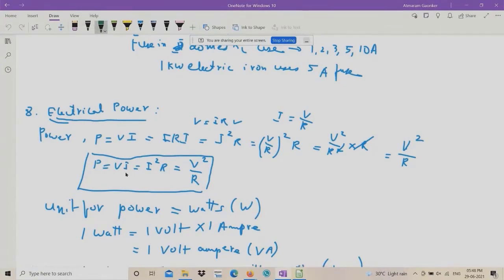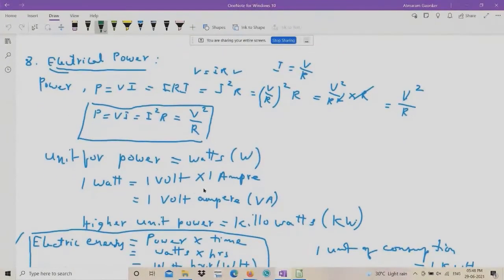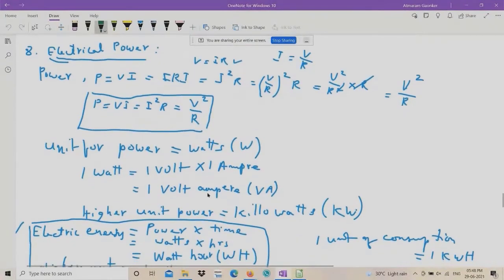Now electric power, again this formula repeated. Power is equal to VI, we have already seen. It is equal to I square R, again we have seen this. It's equal to V square divided by R. In one shot you remember all the formulas for power, and the unit for power is watt. I have already told you it is 1 volt into 1 ampere, or instead of watt it is also given in volt amperes. And inverter specification you must be knowing, it is in volt ampere, and the higher unit is kilovolt ampere.